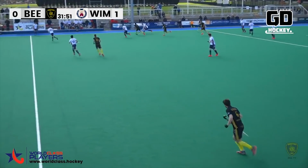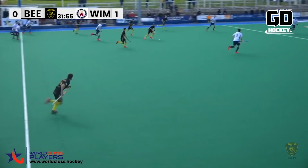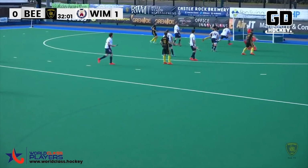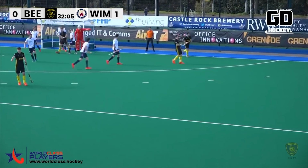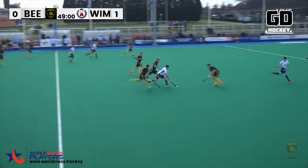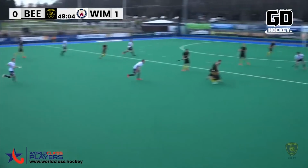Nottingham Hockey Centre. Beeston 0, Wimbledon 1. Good turnover there for Beeston. Beeston just starting to come good in these closing minutes of the first half. What a chance here! Oh, how has that stayed out? Well, what an opportunity that was. They've not been quite creating enough opportunities, shots, well certainly not corners. They've been good up to a point, but in and around the circle they've been